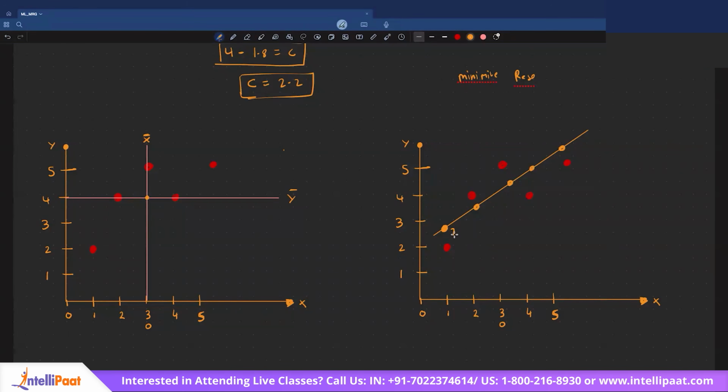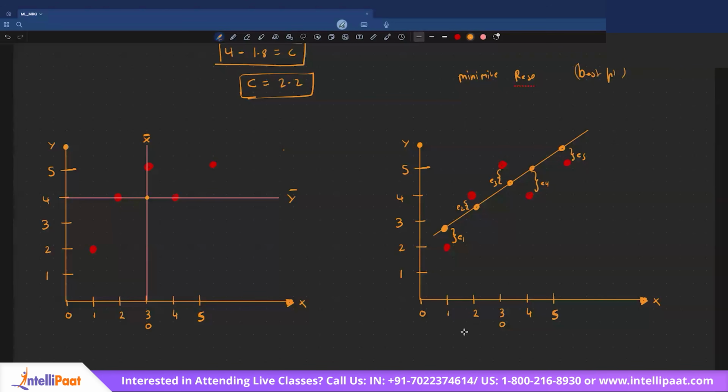This is the error, also called error number one. Can I call this difference error one, E1? Can I call this error E2, this error E3, this error E4, and this error E5? So, for me to claim that the line I have is the best fit, fitting the data points in the best possible way,